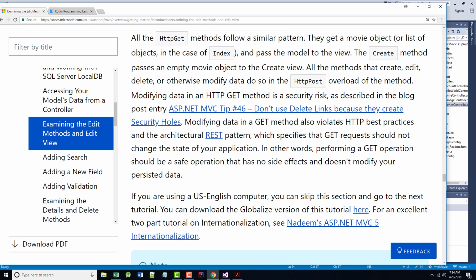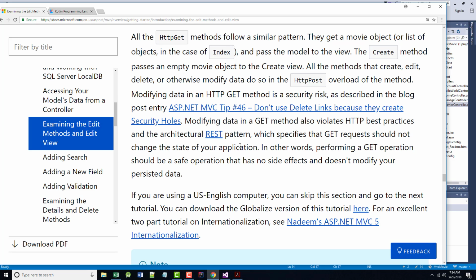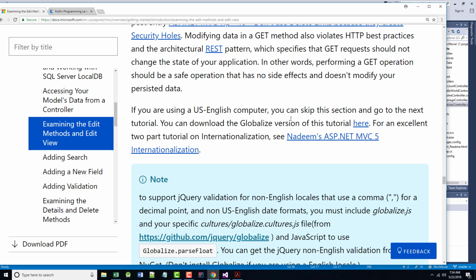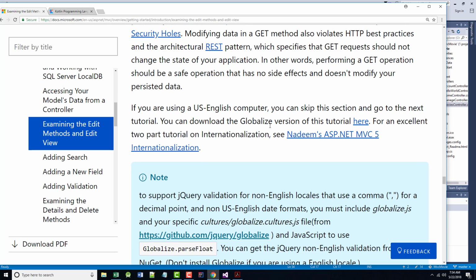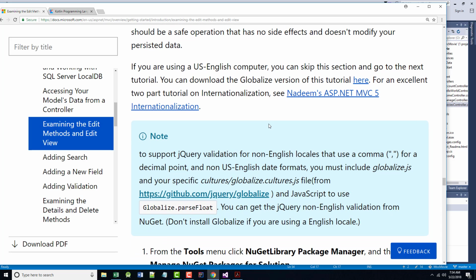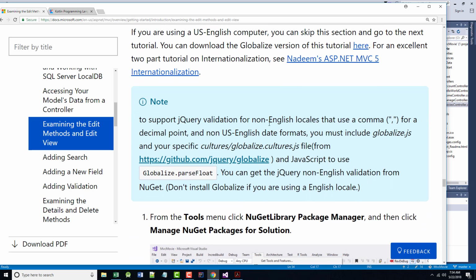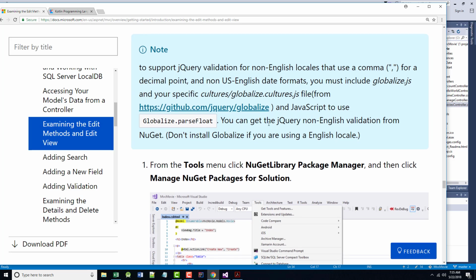Modifying data in a GET also violates HTTP best practices. In other words, you shouldn't do it. It says if you are using a US English computer, you can skip this section and go to the next tutorial. All right. But what they talk about here is if we want to do this,